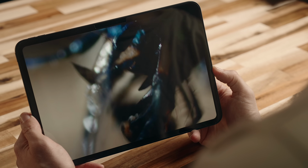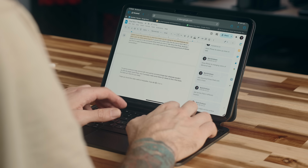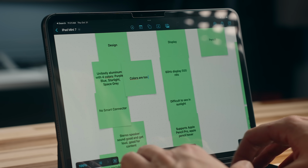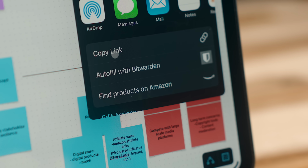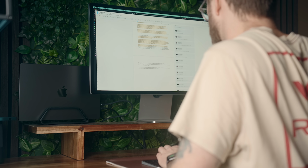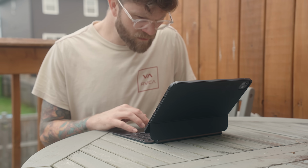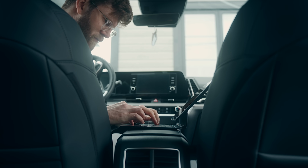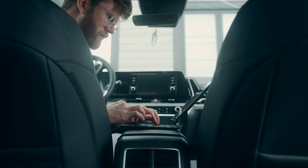when I do, it's more for things like writing scripts for these videos, creating documents, or technical notes that I plan on sharing with other people. I normally do most of that stuff at my desk, but sometimes it does get a bit stale, and I like to get out and do that somewhere else. With the iPad Pro being super portable, it's really well positioned for being able to use pretty much anywhere, but